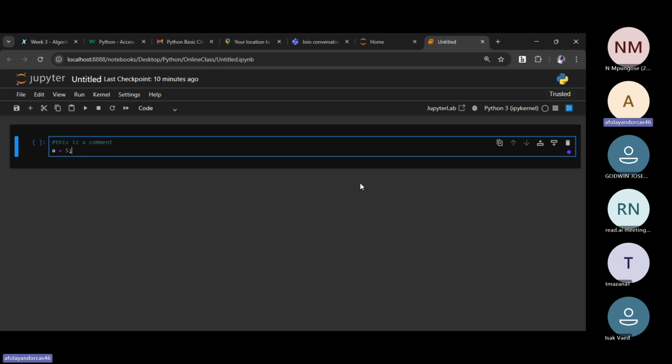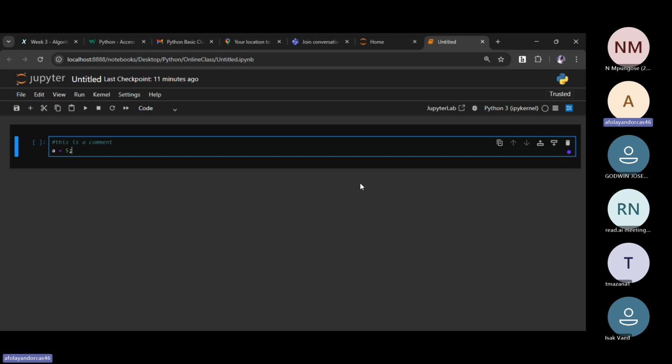So this variable A that I created actually stores the data type integer, because 5 is a number, so it is an integer. We talked about different data types: string, integer, booleans, and other data types that we're going to be talking about in future, like list, tuple, dictionary, and set.